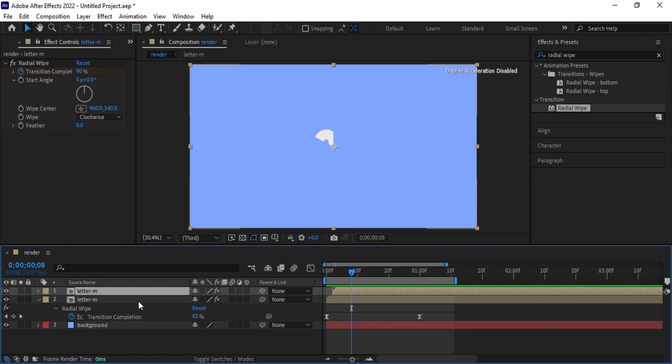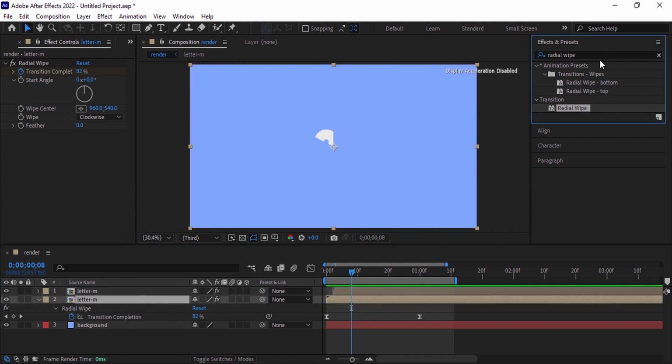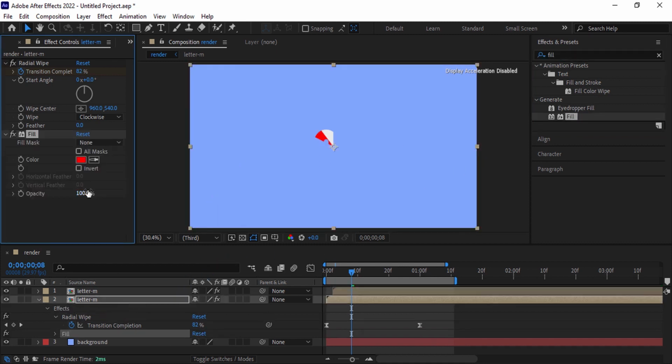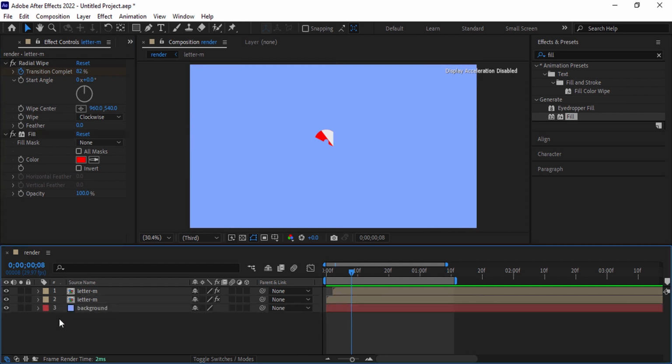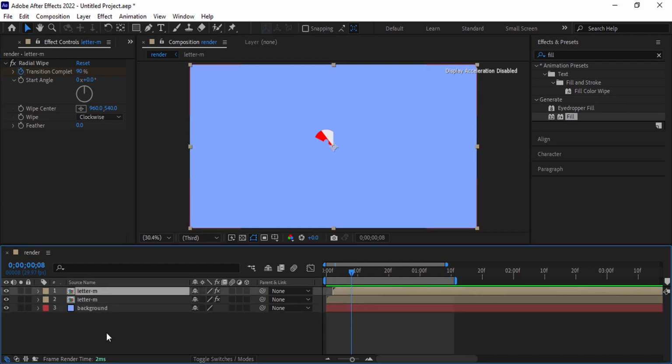Select the bottom text layer and then go to the Effects and Presets and search for the Fill effect. Place it onto the layer and then change the fill color to a different one. Make one more duplicate of it and place it to the right. I'm not changing the color of the top layer, because it is going to be the text reveal layer.